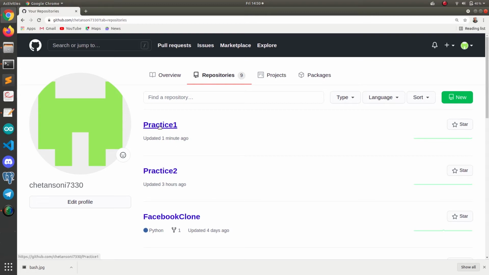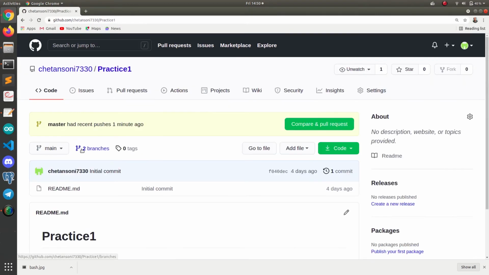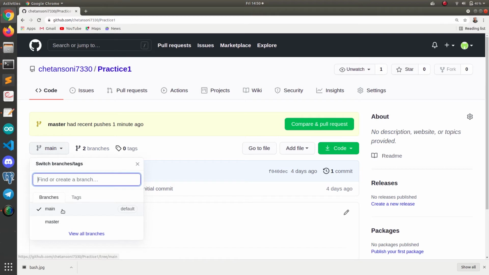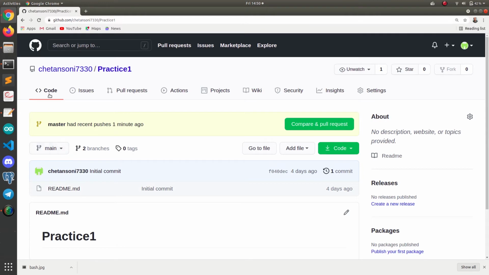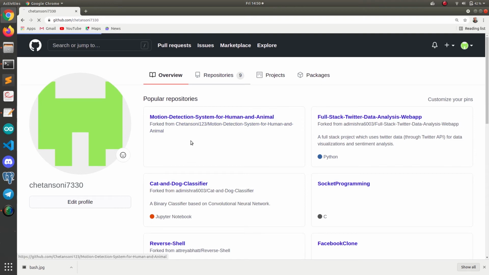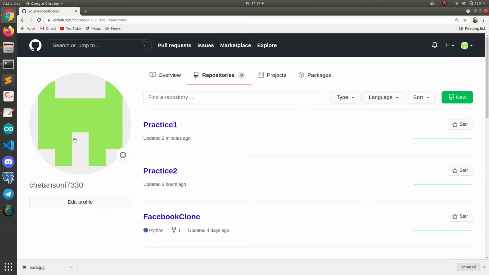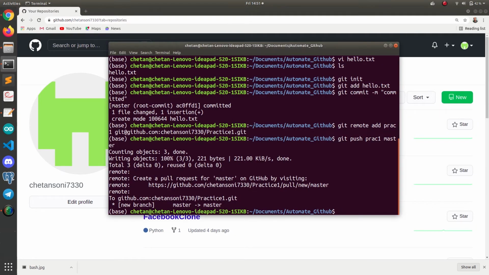I am also going to create a different branch. Here I have main and master, so I will create a third branch called demo. That demo branch will also be created automatically in both repositories at the same time. So let's see how we can do that.